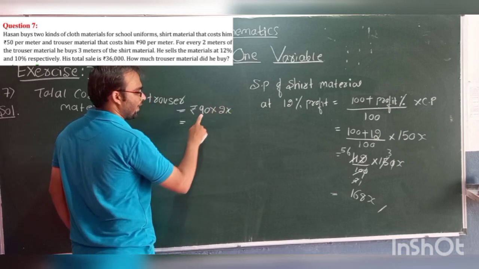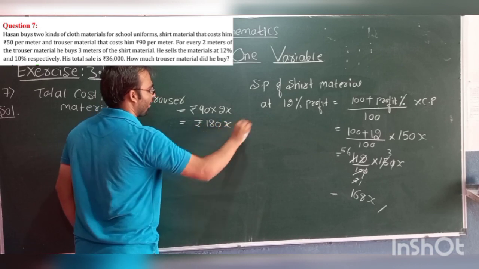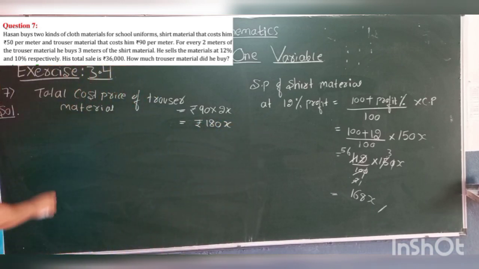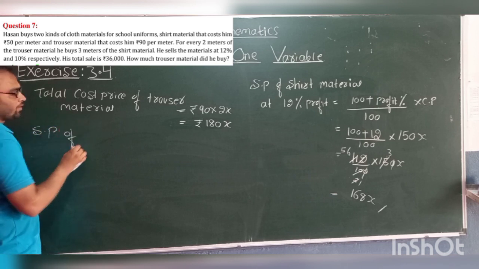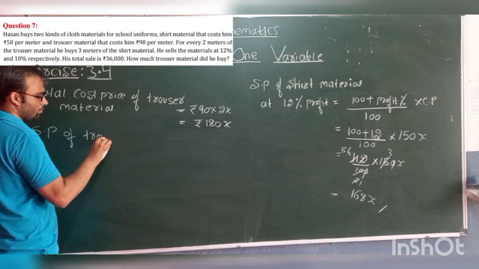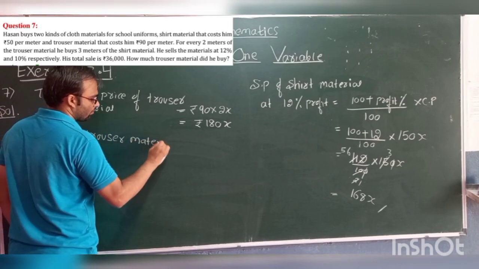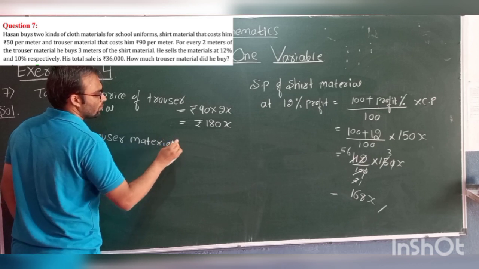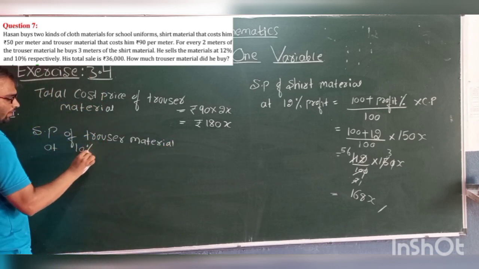That is 90 into 2x is what, students? 180x. Okay. Now SP of trouser material at 10%